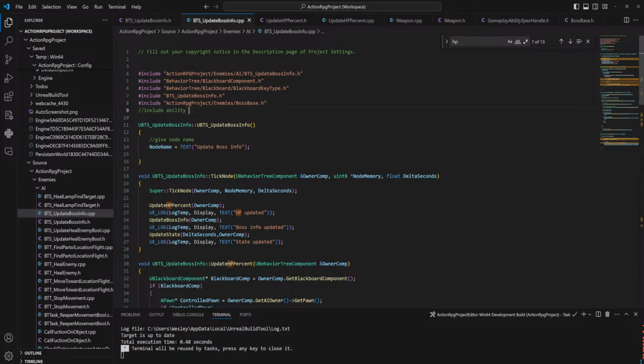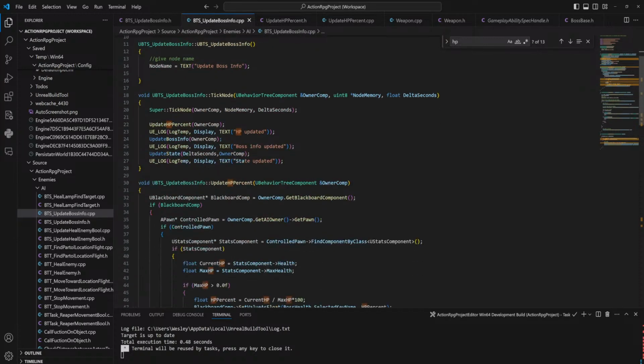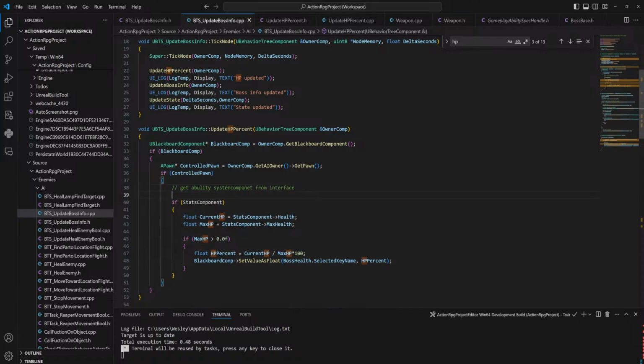Sometimes Copilot can be nice. Get ability system components from interface.